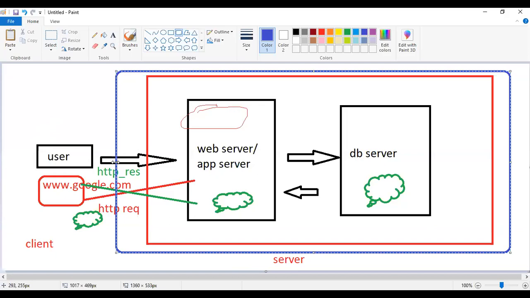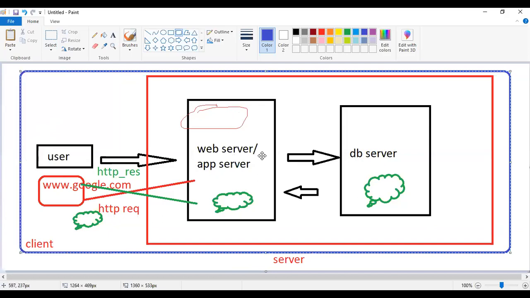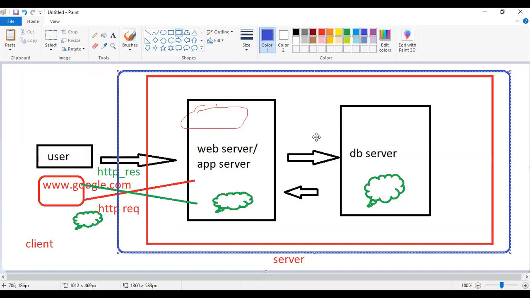Or if he has only one location, one branch, one outlet, and doesn't want multiple users, only one user, then we will install the application server and database server in the same system, and the same system he will use for giving the inputs also. In that case, we call it embedded. And if it is multiple locations, he will install the application server and database server in one system, and in the 10 locations he will keep 10 systems. From those 10 systems, he will communicate with that application server and database server.